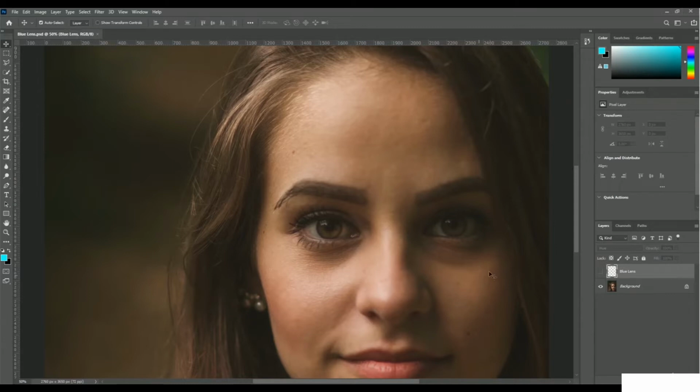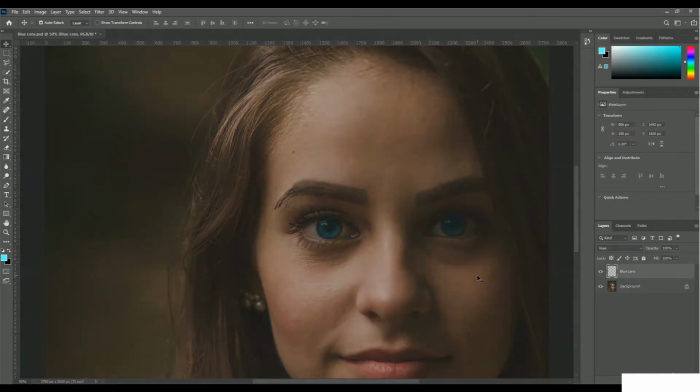So this is the image from our exercise file, and let me show you how it looks after applying the blue lens effect in the eye. Let me turn on the blue lens layer. Okay, we have the blue lens effect inside the eyeballs. Let me turn it off. Here is the previous image, and here is the after image after applying the blue lens effect inside the eyeballs, and it really looks great. So let's take a look at how you will add the blue lens effect in the eye